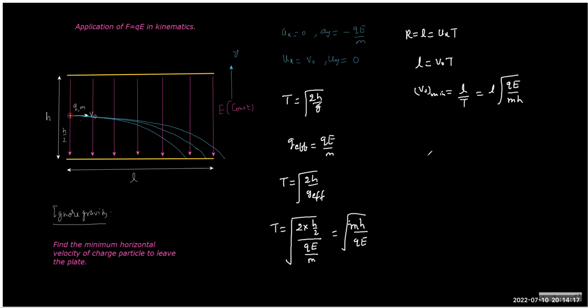You can also find the path of the trajectory. So also find the equation of trajectory. Let me tell you the coordinate system. Take the bottom as the origin, because I want to answer accordingly.